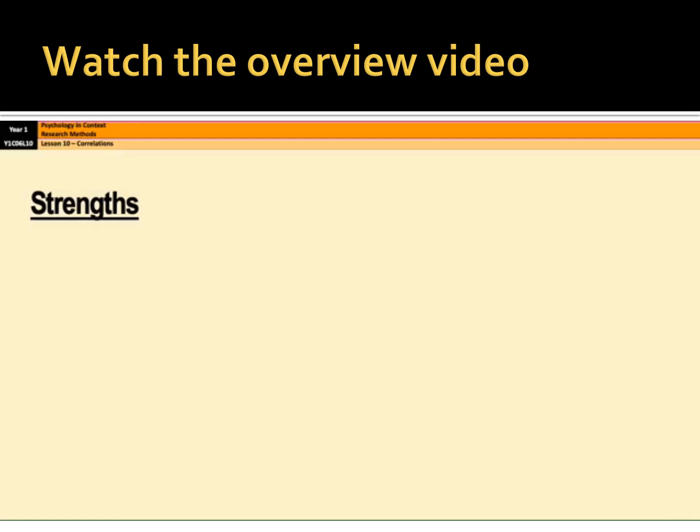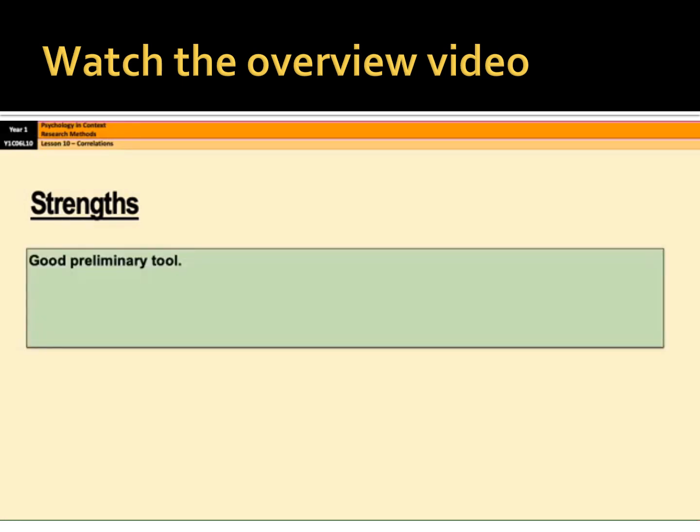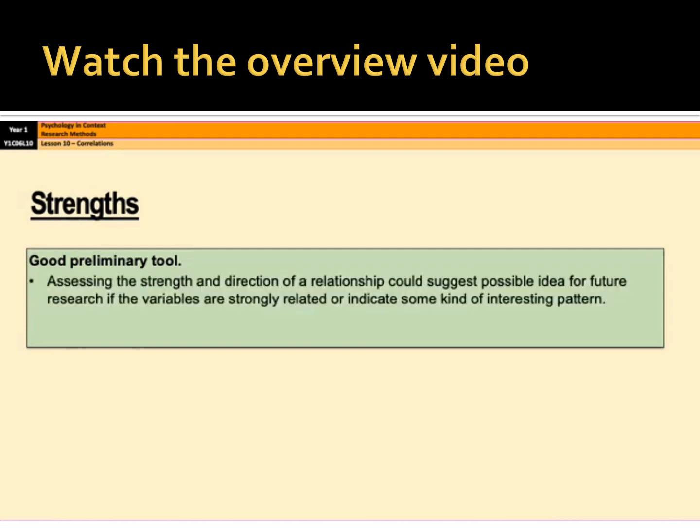So we'll start with strengths. A good thing about correlations is that they are a good preliminary tool. Okay, so assessing the strength of a relationship, or the strength and more importantly the direction of a relationship, could suggest ideas for future research. Okay, so if you do a correlation and you find that there is a strong relationship between two